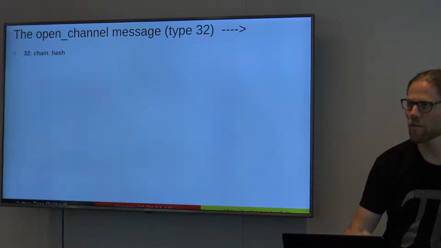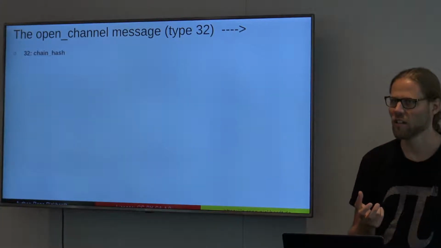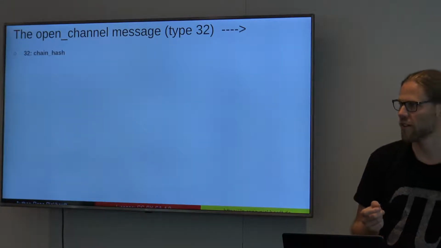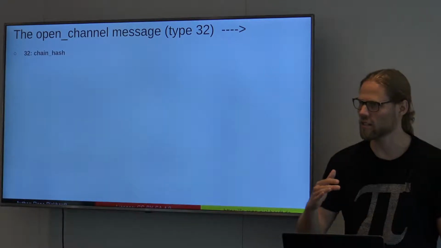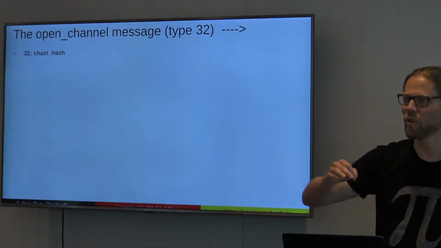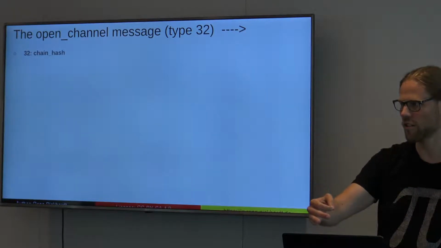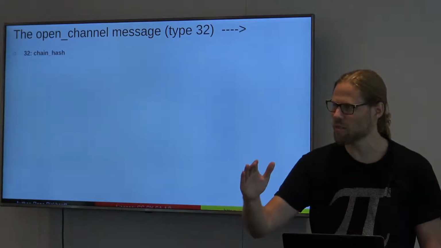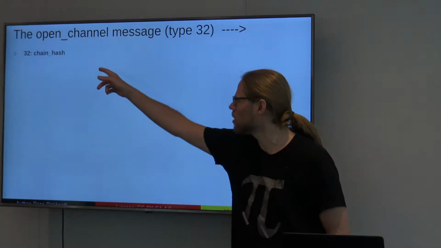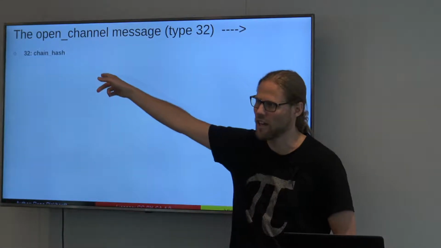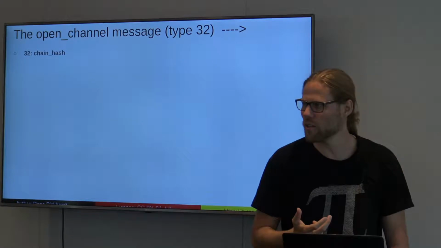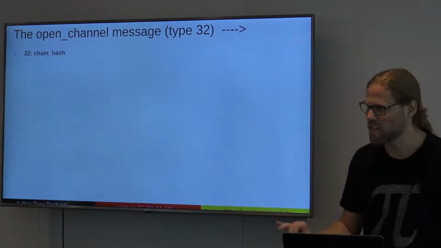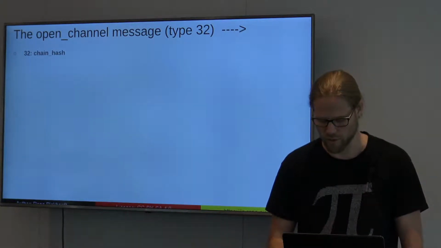It starts with a 32-byte chain hash, which is the hash of the genesis block of this chain. It's a very interesting property, I would say, that when you open a channel, you specify on which blockchain you actually want to open this channel. We're always talking about the Lightning Network as a solution to scale Bitcoin. But technically, I could already include the genesis hash of the Litecoin network blockchain, and then this channel message and everything else would more or less go through. So I can have channels on different chains.